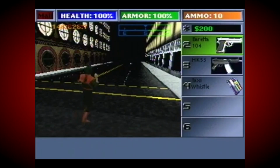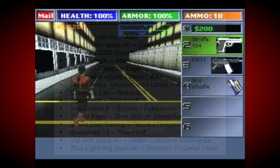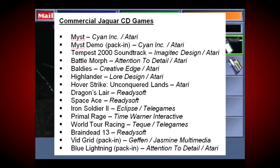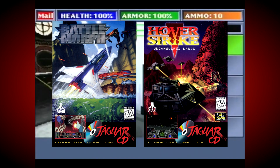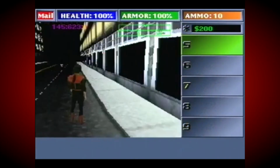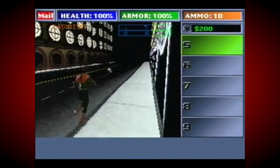Because the Jaguar CD was on the market for such a short amount of time, it only had a tiny official library of just 15 games, and that includes the Mist demo and Tempest 2000 soundtrack CD that came free with the add-on. This didn't exactly make it an attractive prospect for those who were thinking about getting one, even if the likes of Battle Morph, Iron Soldier 2 and Hover Strike and Conquered Lands do rank amongst the Jaguar's very best games. But this situation very much changed in the years after the Jaguar's commercial life, in two different